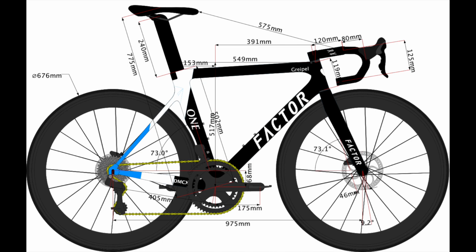And the cassette, the Shimano Dura-Ace cassette, is a titanium cassette. It's very lightweight and very efficient for gear changing. It's very smooth changing. The chain is not a Shimano. The chain is a KMC